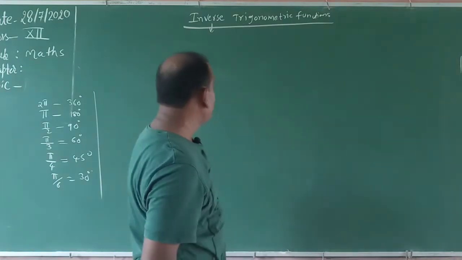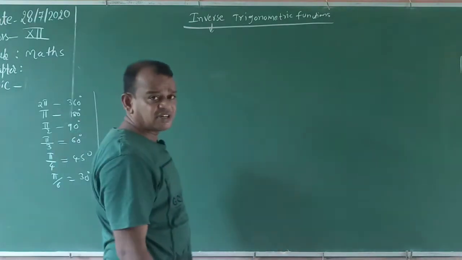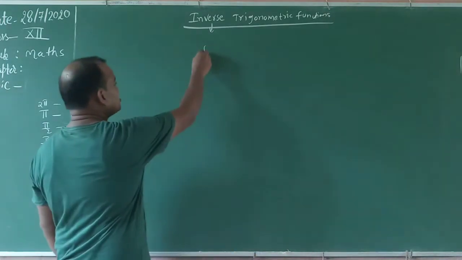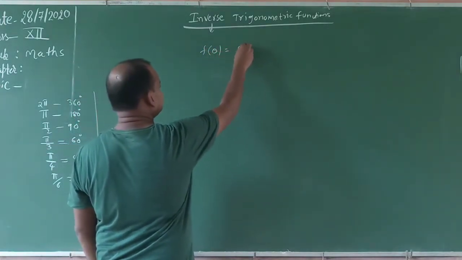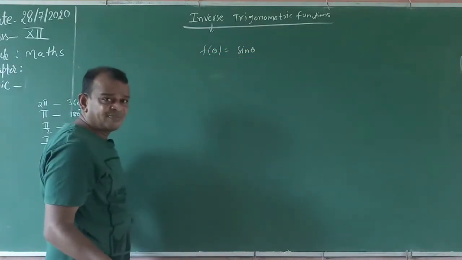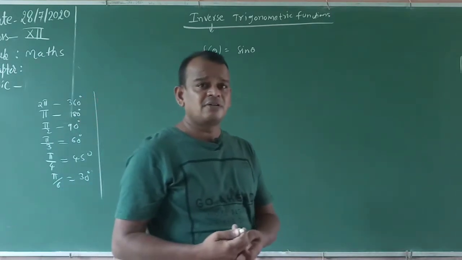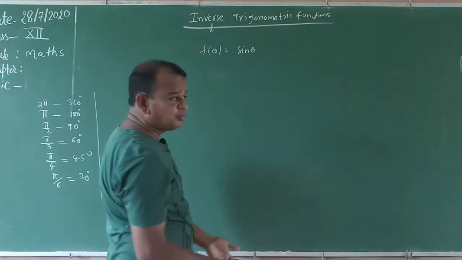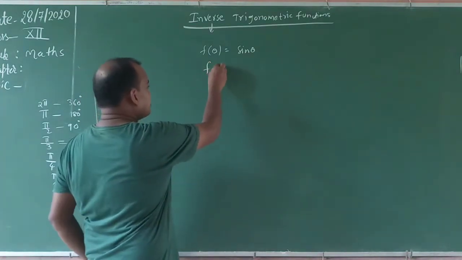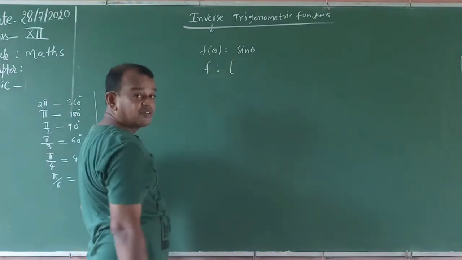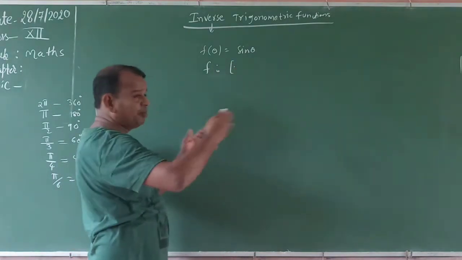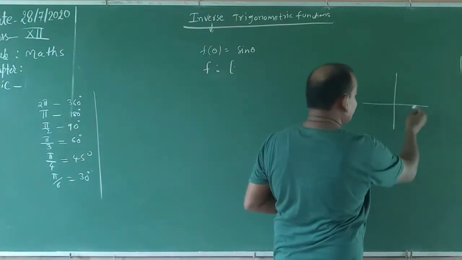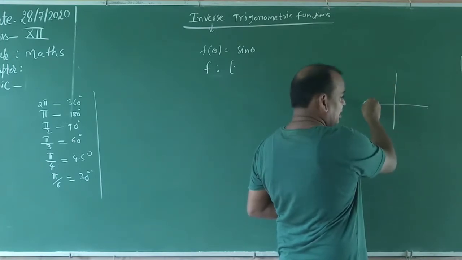Understood or not? Now suppose we take the sine function. Is the sine function an invertible function or not? Suppose f of theta is equal to sine theta. F of x is equal to sine x, whatever it may be. Theta is the angle, x is the angle. Now the function is defined. This function is bijective. Listen carefully, our limits are 0 to 360 degrees. Actually the trigonometric ratios are defined from 0, 90, 180, 270, 360.